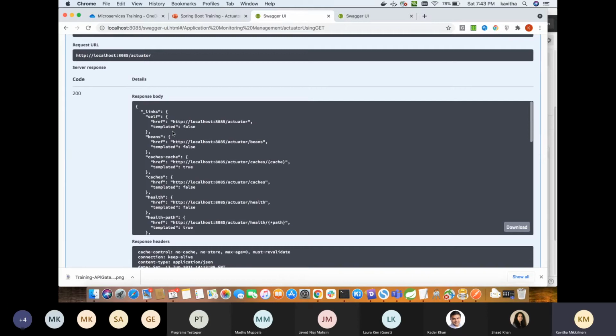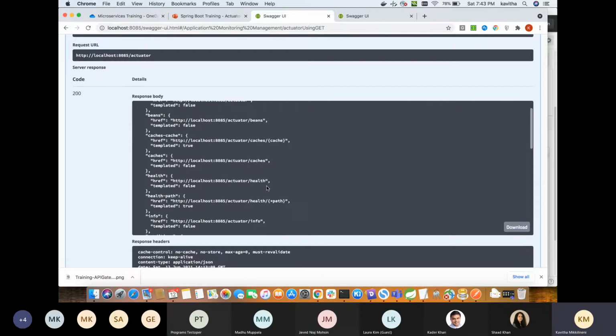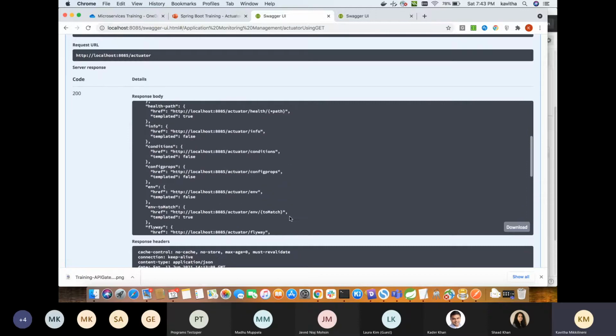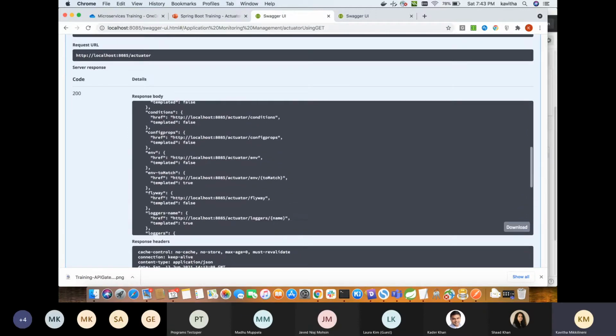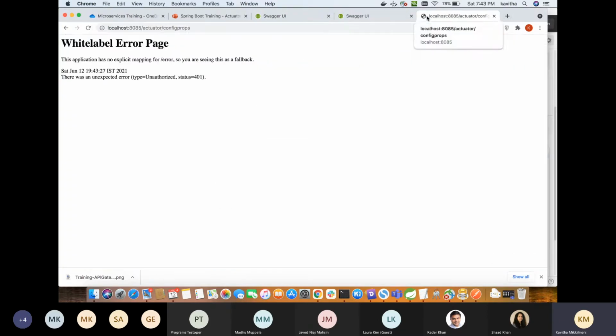So it gives all the endpoints for the monitoring. What are the beans available? What are the caches available? The health. All the information will be there. So what we can do is copy paste this one, and we can get the information also.